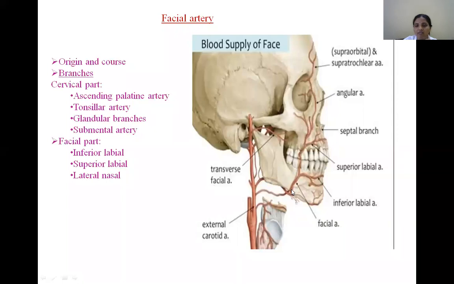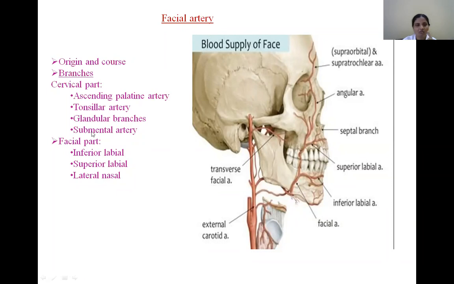And at this level, the facial artery is related to two more important structures. One is a vein and the other a nerve, which is the marginal mandibular branch of the facial nerve. So these three structures are related to the lower border of the mandible exactly at the anteroinferior angle of the masseter. This is where you can appreciate the facial artery entering the face. So it has two parts: one in the cervical region, meaning the neck region, and after passing onto the face, the facial part.